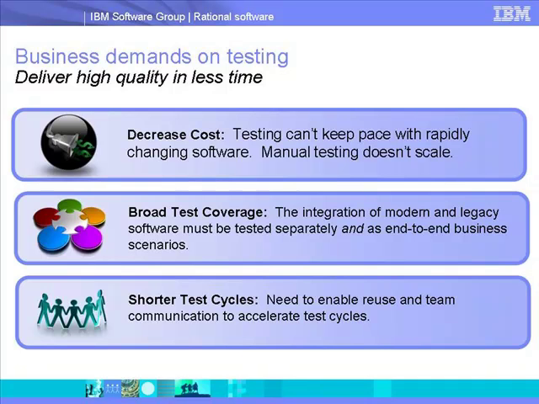Quality must be part of the day-to-day culture of every team member. This drives the need for better collaboration and the facilitation of reuse to shorten test cycles. Functional test automation is one of the components of that quality management culture that we will focus on in this